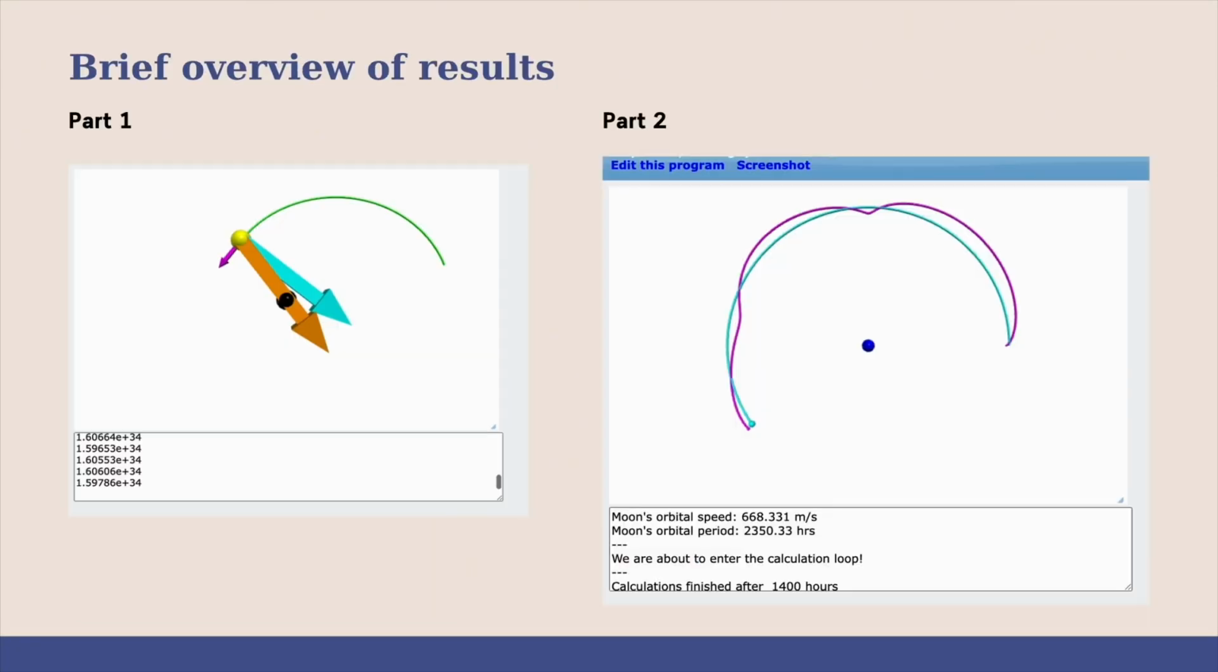For a brief overview of our results, here's a demonstration on CloseScript and the mass values calculated. The orange arrow is the net force, the cyan arrow represents the perpendicular component, and the magenta arrow represents the parallel component. Later for part 1, we will look at these mass values to get the average mass of the black hole. And for the second part, here's the trajectory generated that shows the motion of the spaceship and the moon, and here the initial conditions that I selected allow the spaceship to orbit the planet